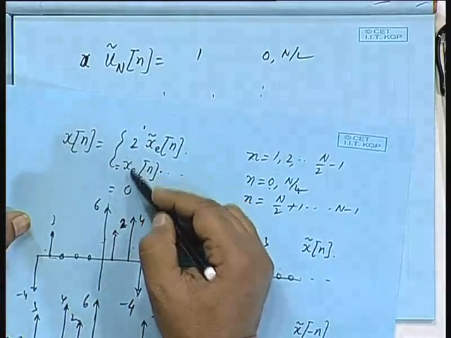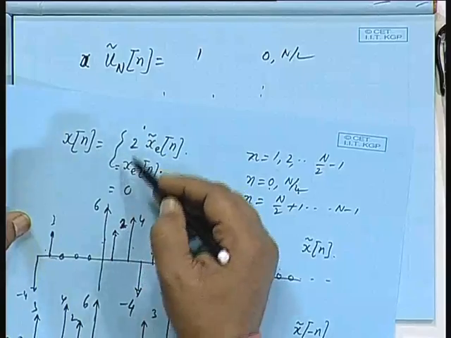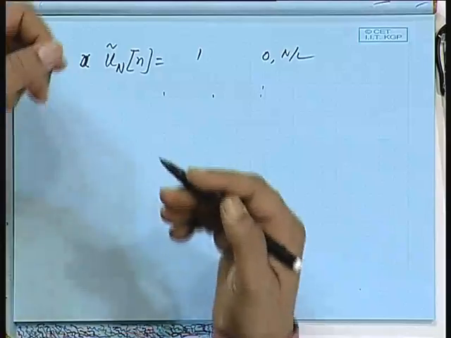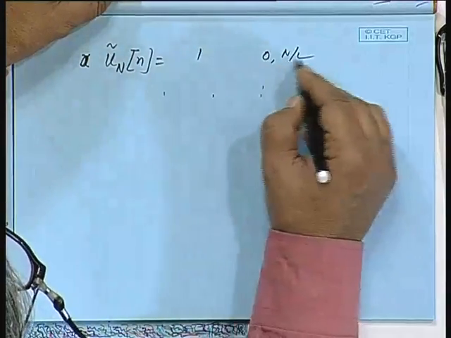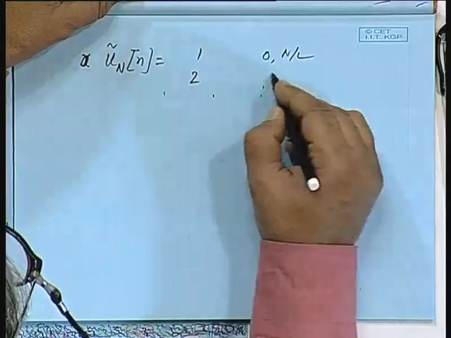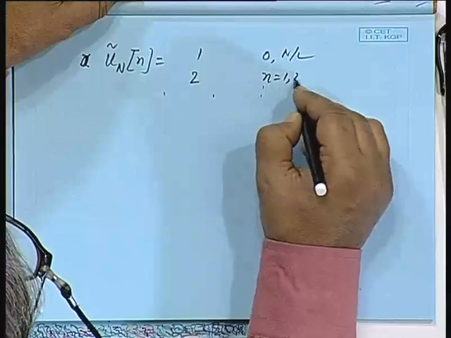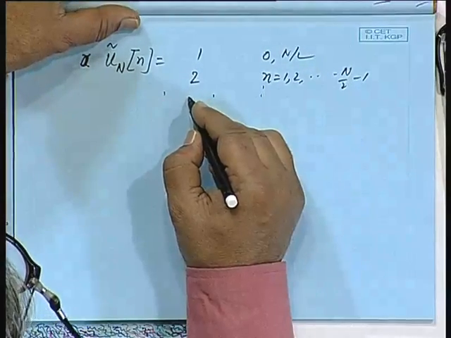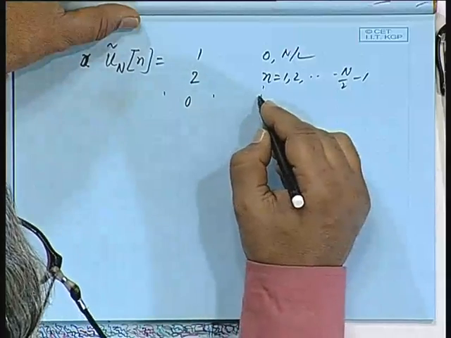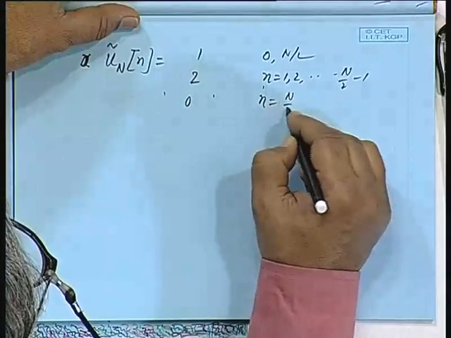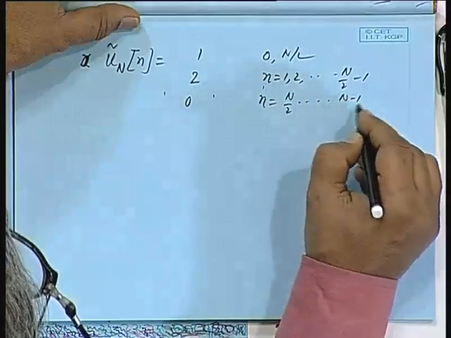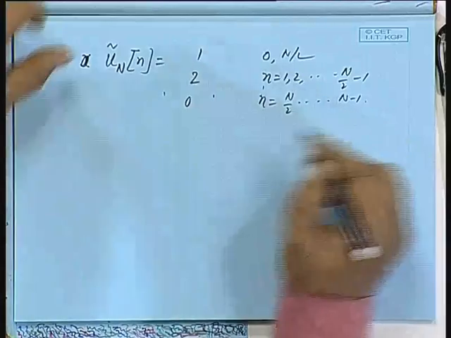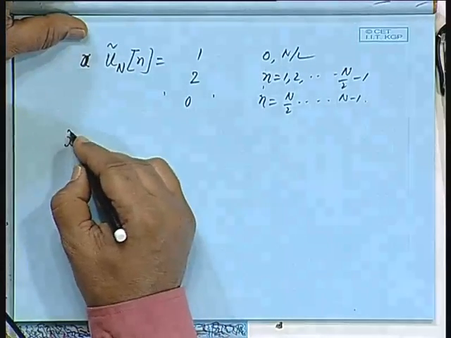So, it is these sequences of multiplier 2, 1 and 0 that I write in terms of a function, which is 1 for these values, which is 2 for n is equal to 1, 2 up to n by 2 minus 1, and which is equal to 0 for n is equal to n by 2 up to n minus 1. Okay. Then we can write x tilde n